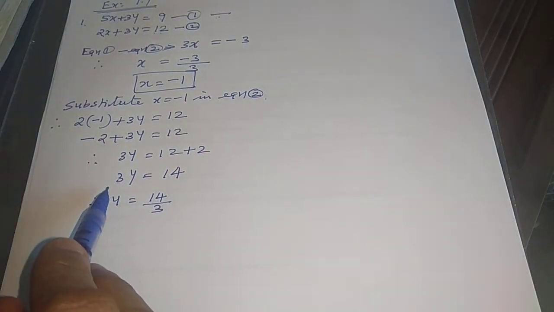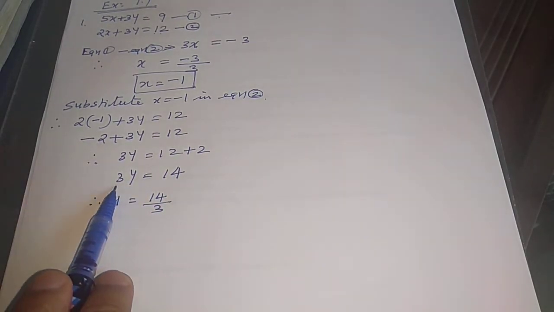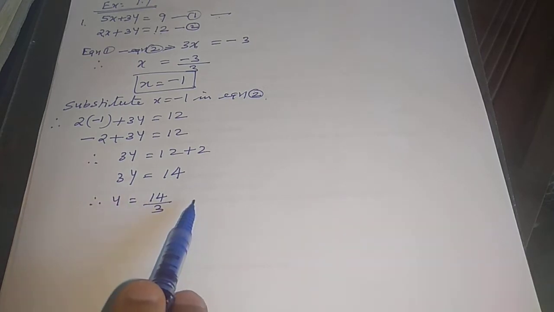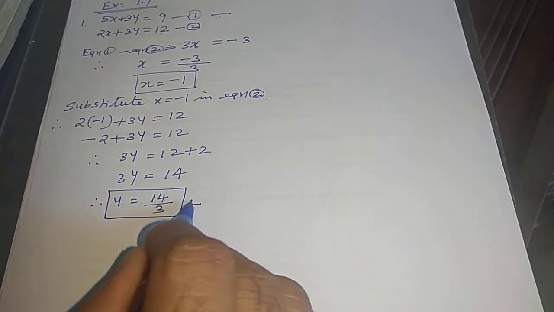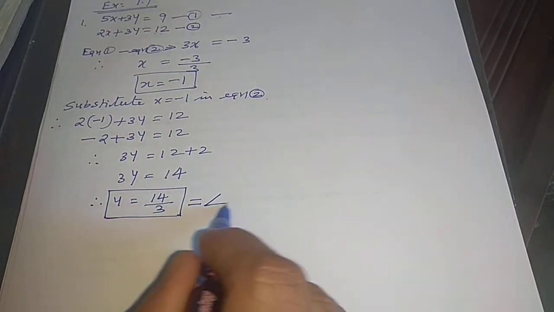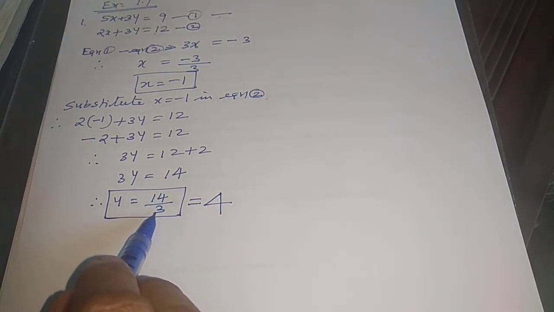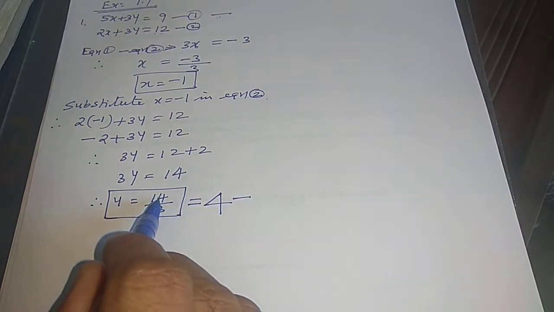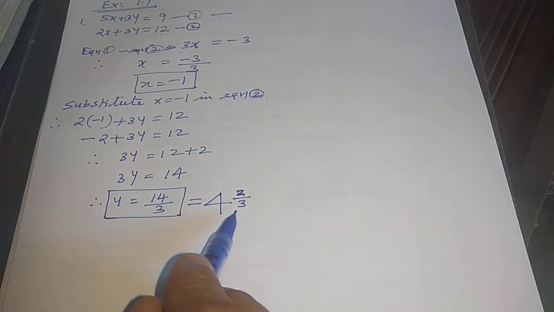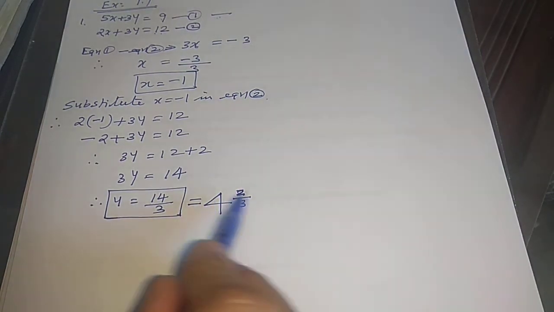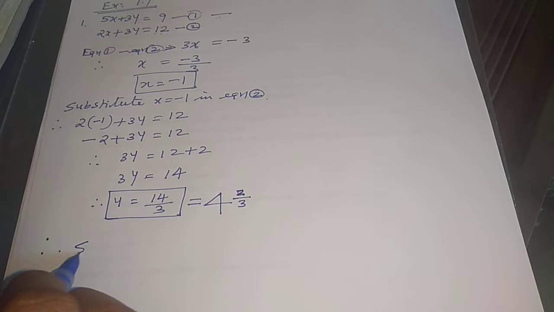Here, multiplication on one side of the equation becomes division on the other side. This side we have 3 into y, that side we have to divide by 3. So it is a fraction, we can stop here. If we go further, 3 into 14, we can take 4 times fully. 4 3s are 12, so the remainder is 2 by 3. This is less than 1, so you write it as a small part. This is a mixed fraction. This is an improper fraction.